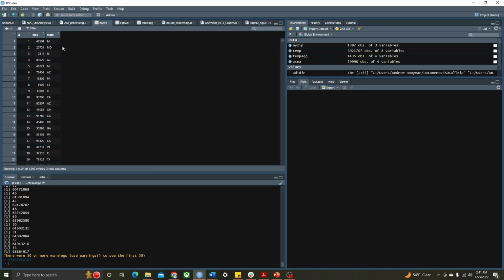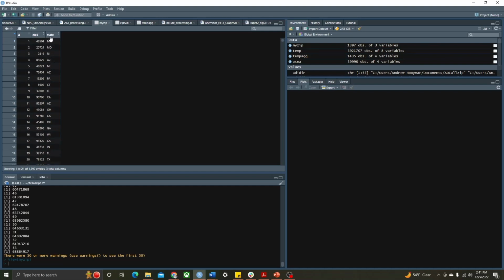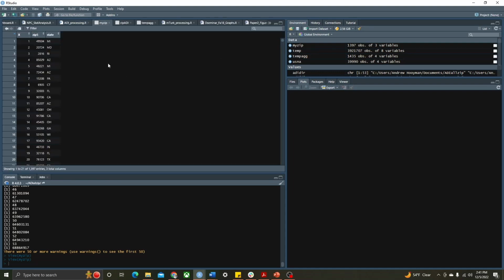Now if we look at the MyZip, what I have is essentially the 5-digit zip code in numeric form and the state level abbreviation as well. All right, and I'll show you why I like to have this as a sanity check at the end. And what I want to do is essentially take the zip codes within the MyZip data frame and be able to merge them with the individual zip codes within all of the ADI data